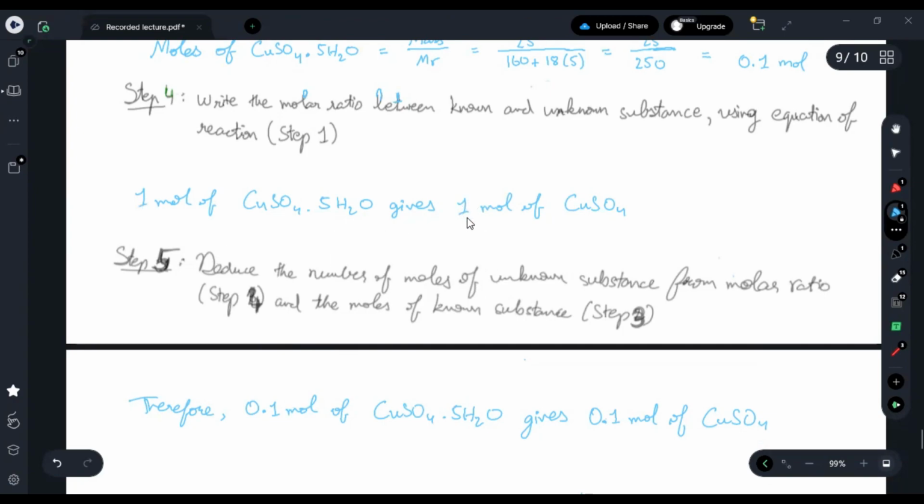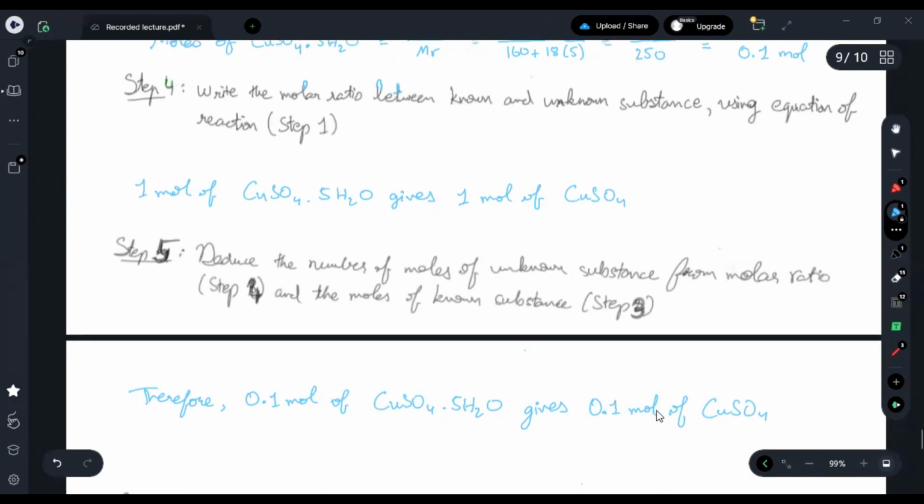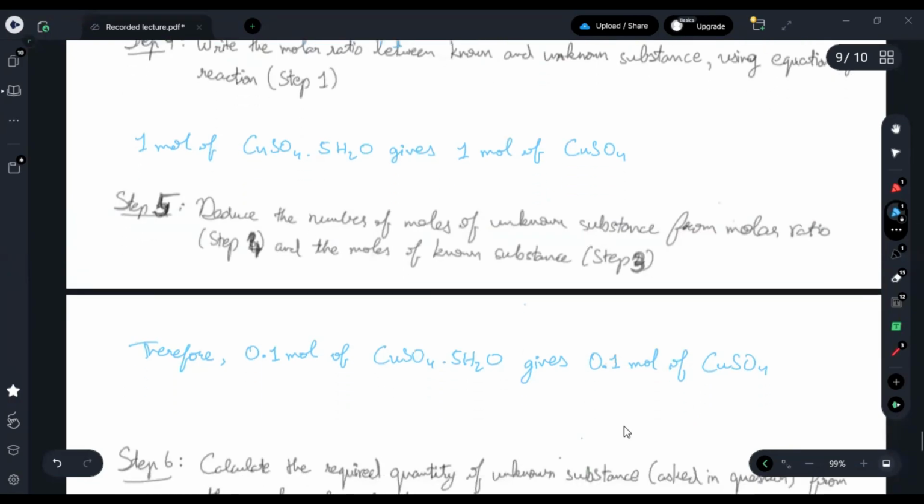So this would also be 0.1 mole of the product that will be given. So we have deduced this now, that 0.1 mole gives 0.1 mole. And now that we have the moles of the product, the mass of which we had to find out,